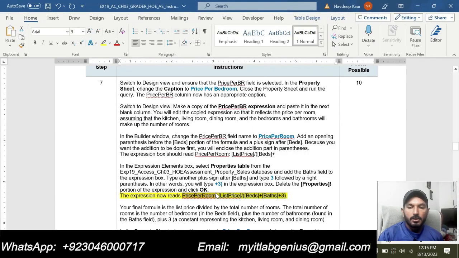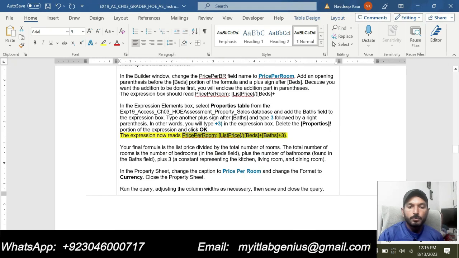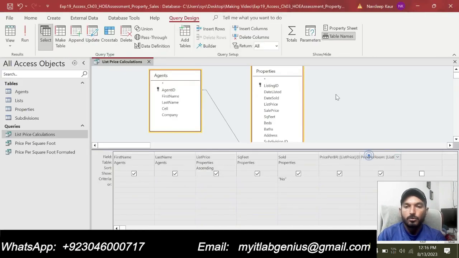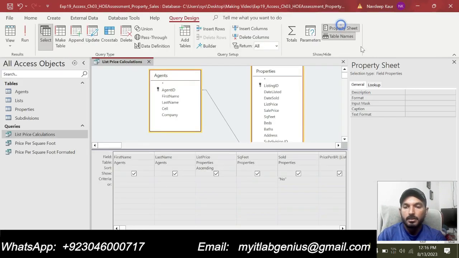Okay. So now we are supposed to, in the property sheet, change the caption to the price per room. We are supposed to change the property sheet caption, so it should be price per room,